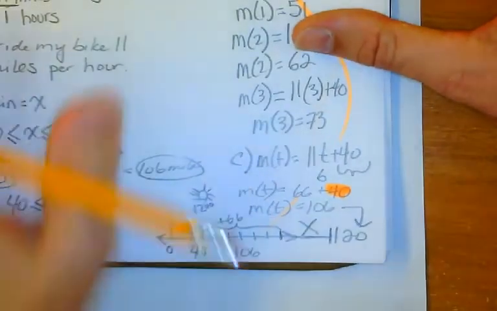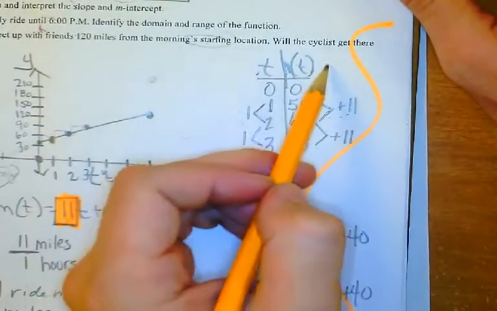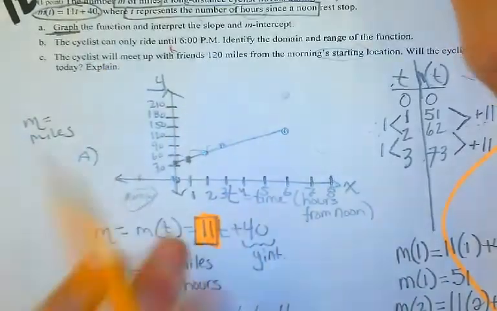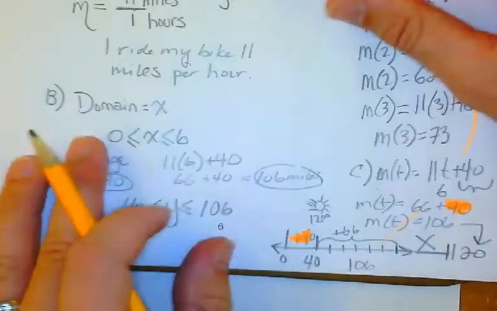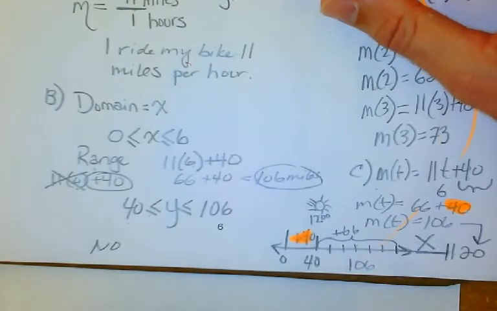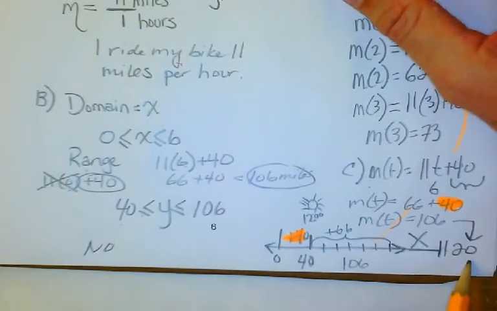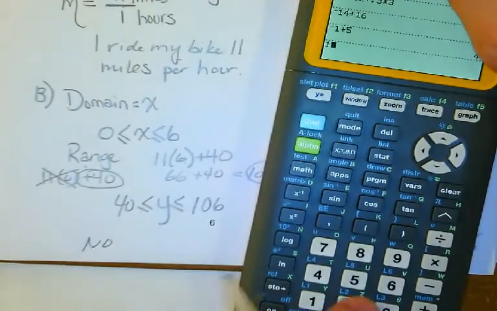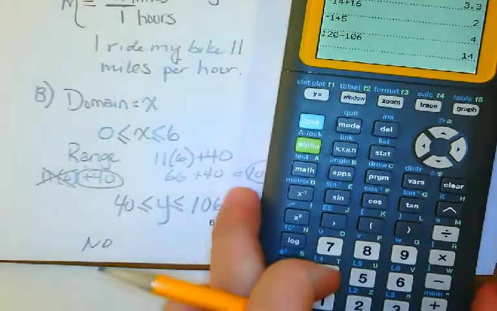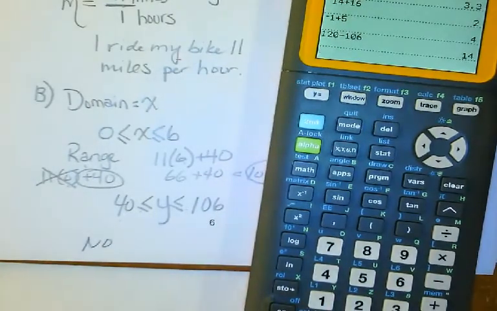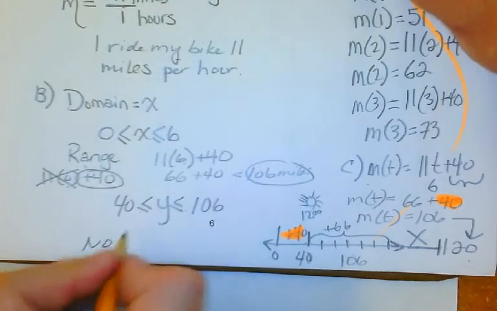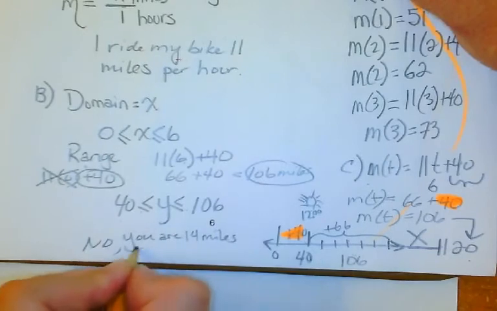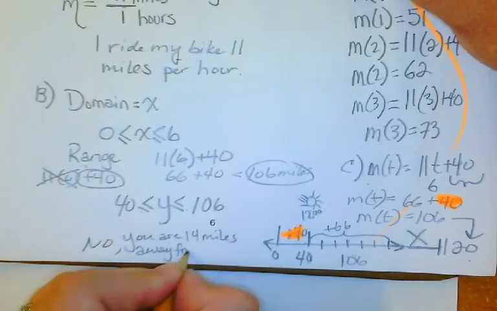So the question is, will the cyclists get there to meet up with their friends at 120 miles? And we can see that the answer has to be no. They're at 120, you are at 106. So how many more miles do you need to go? You need to go 14 more miles. No. You are 14 miles away from your